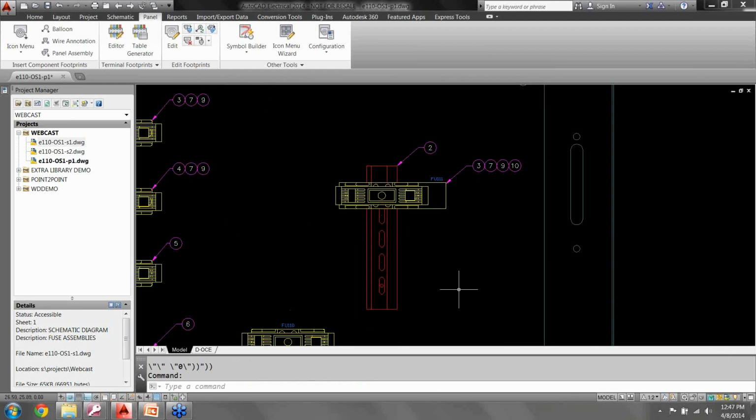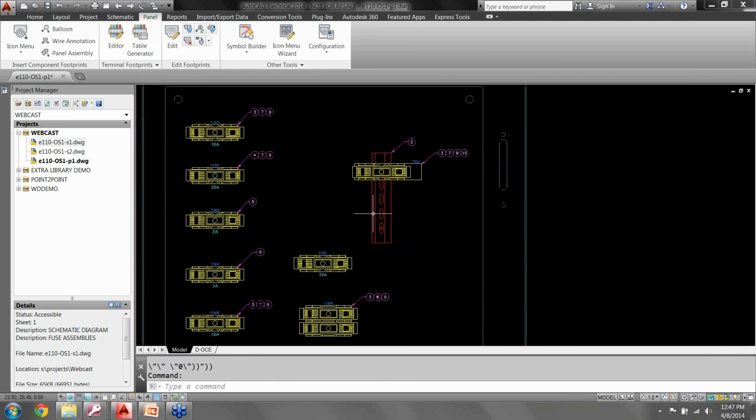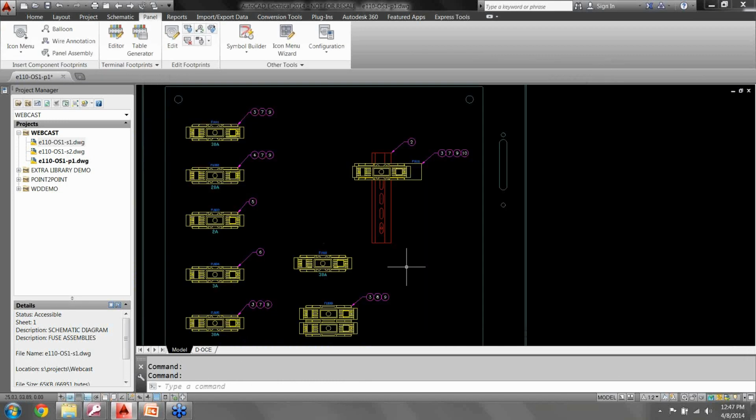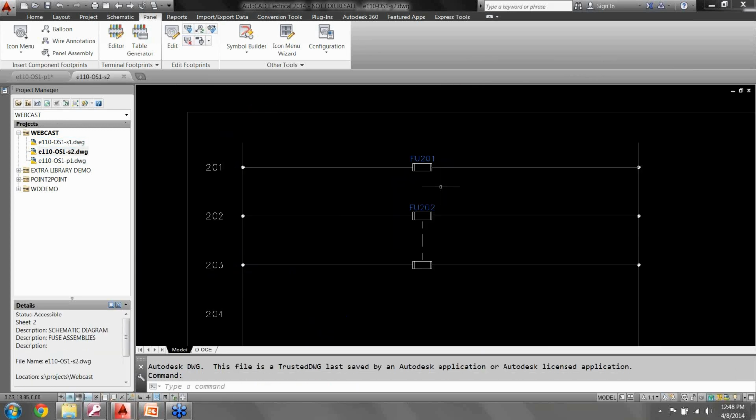So mix and match these things however you want to and do it this method. So I'm going to go back over here. This time I want to show you a separate thing. Another way I can fix this schematic stuff and use this is the key here is the attributes. So basically here on drawing 2, this is the same fuse, and again I'm going to show you the attribute information here in a minute. This is the same fuse, but in